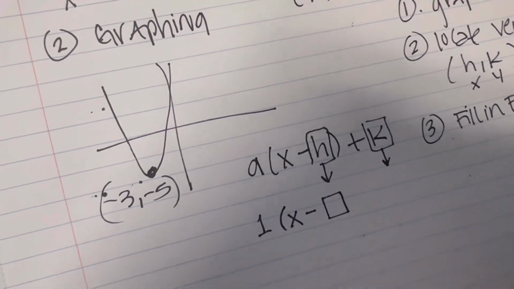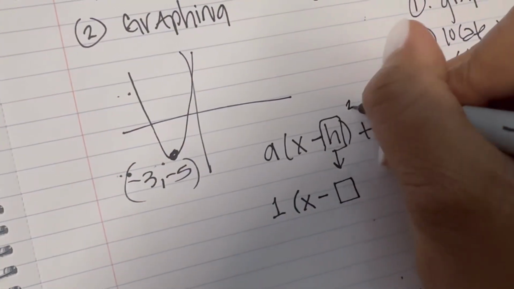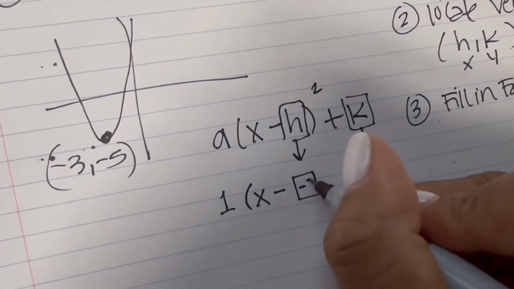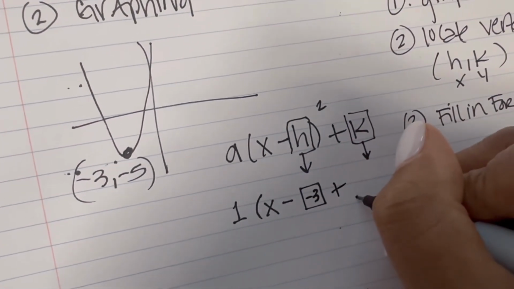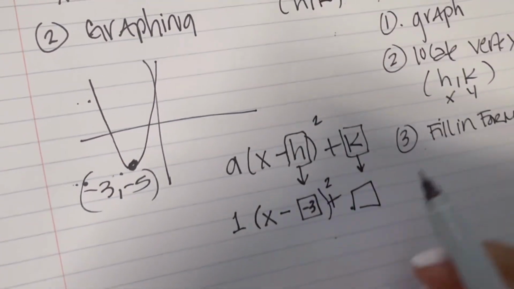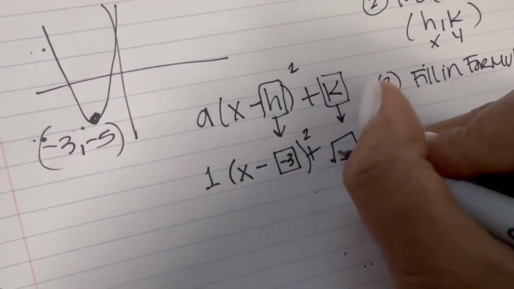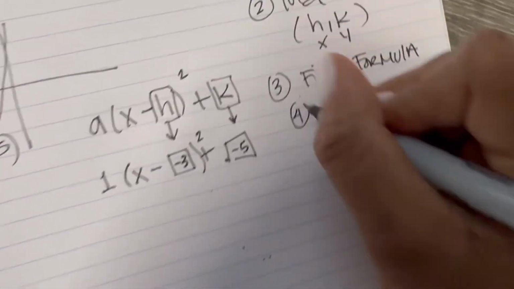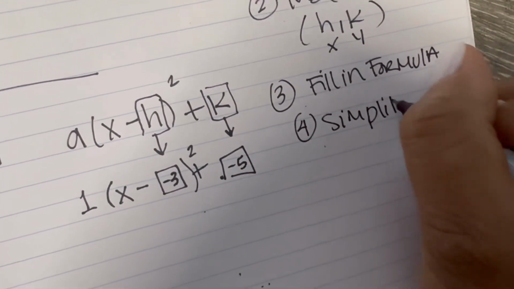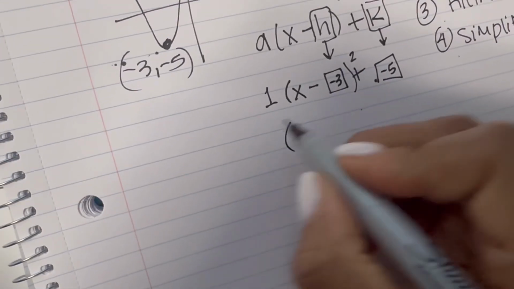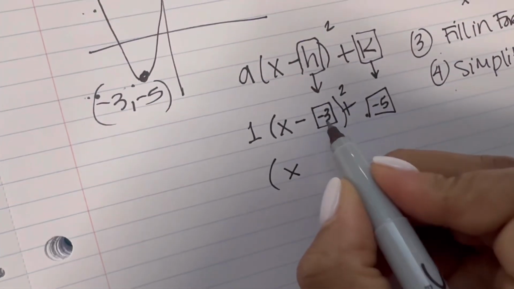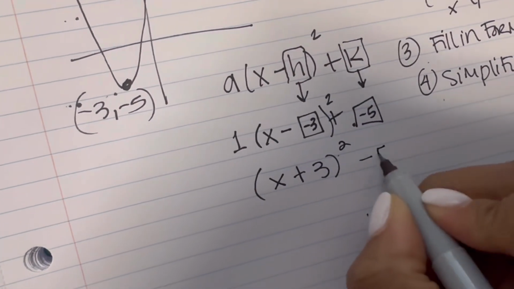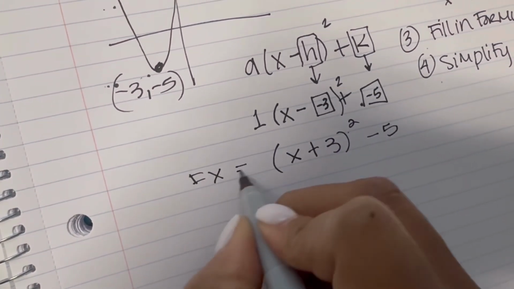The only thing you're doing is filling in your boxes. Your h value is -3, so put -3, plus your other box, your k value, -5. And simplify. You don't need the 1, so just x, negative times the negative is positive 3, squared, plus a negative, minus 5. And there is your equation